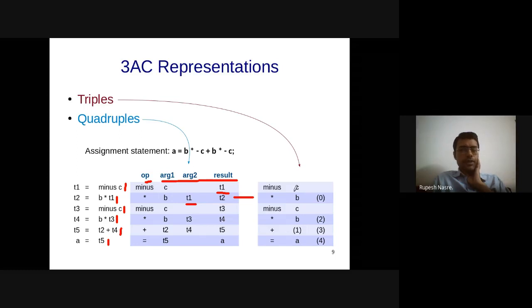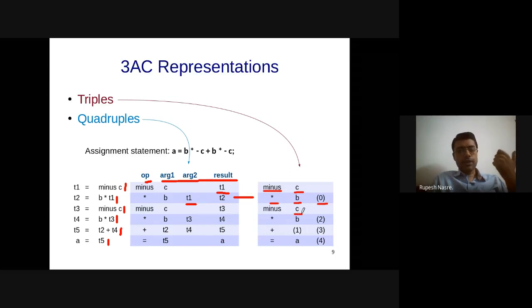I am still having the operator, and then minus of C I am not going to store in a temporary, but it will be represented as entry or row number 0 in this particular table. On that I am going to apply star and B, on that T1, which is coming as the second argument, and that gets stored as entry number 1 or row number 1, and so on.